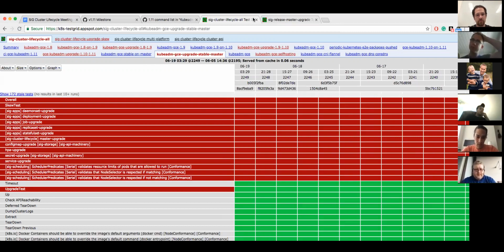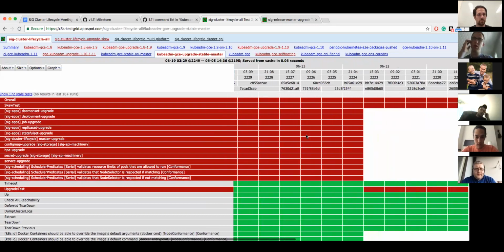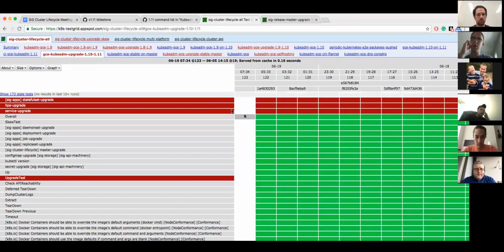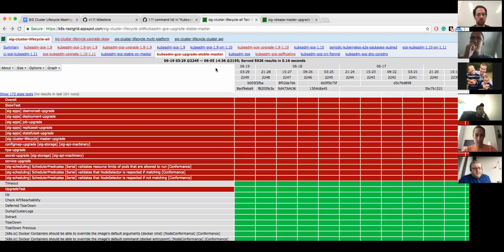So I think we can also just wait until the RC cut before we investigate and see if it changes at all. Because the RC cut's tomorrow, right? So yeah, I honestly don't think, because this has been this way for so long, and the 111 tests have been green for so long, I'm not concerned about it. But it's just to keep a heads up, and when we do the RC cut, somebody should take a look at it, which will probably be me at this point.